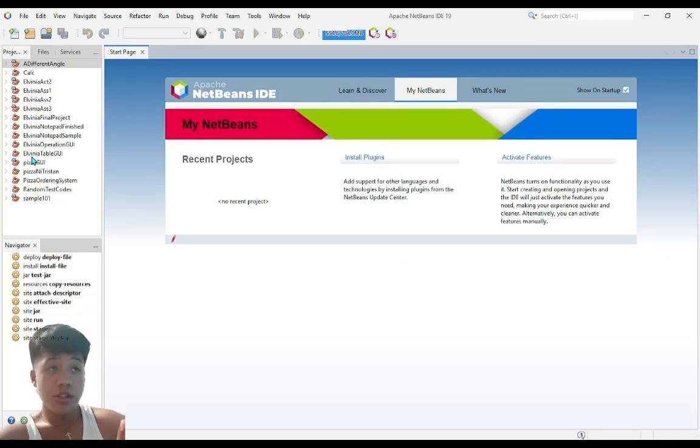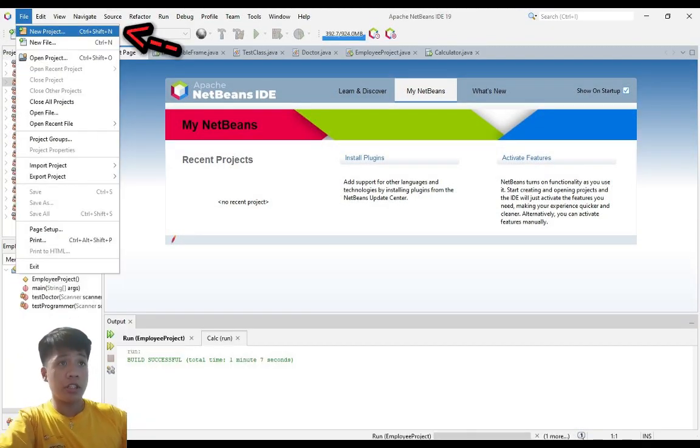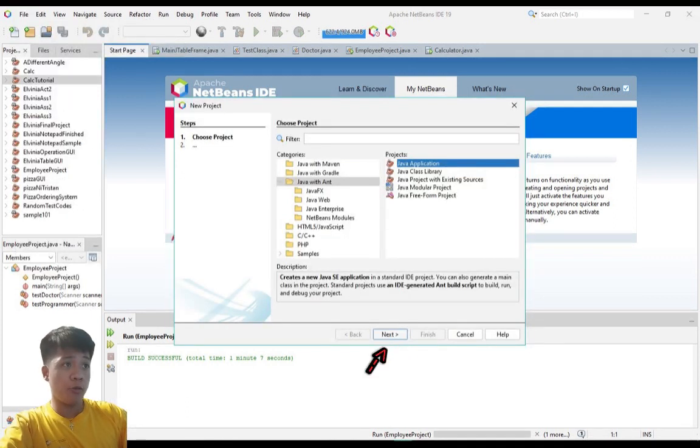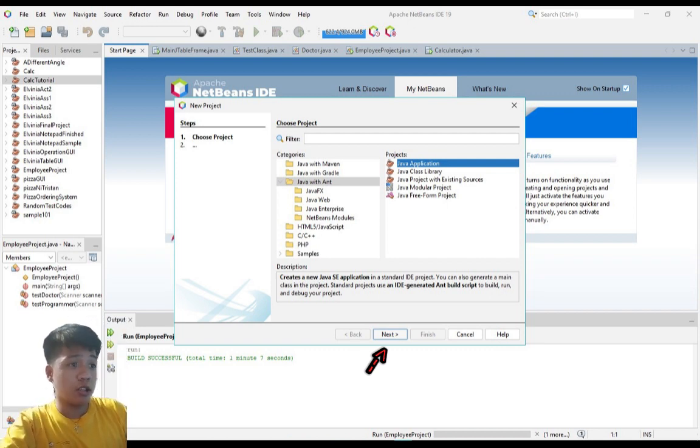Hello everyone, today I'm going to show you how to create a Java application GUI using NetBeans IDE. So first things first, we're going to click File, then New Project, after which we're going to click Java with Ant and then Java Application, then we're going to click Next,